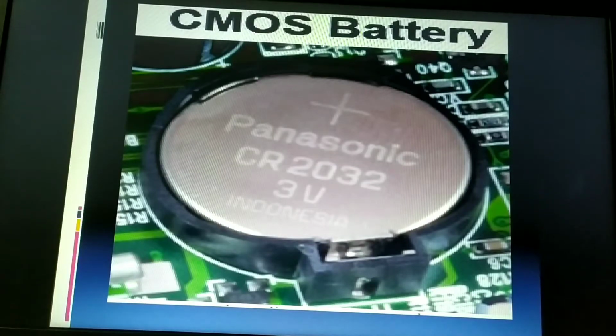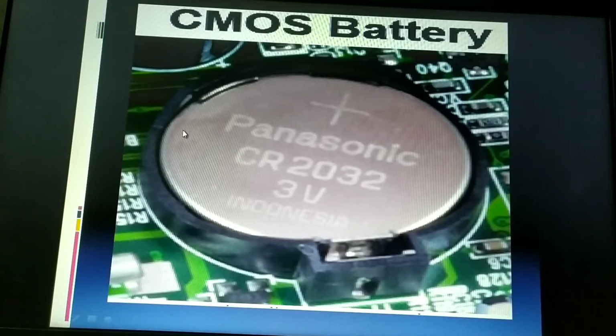So every time you turn on your computer system, the current date, time and the system parameters that I previously changed will get loaded. That is why whenever the computer is turned on, the system displays the correct time, because the CMOS battery stores the date and time, so that you need not manually reset them every time you boot or start the computer system.